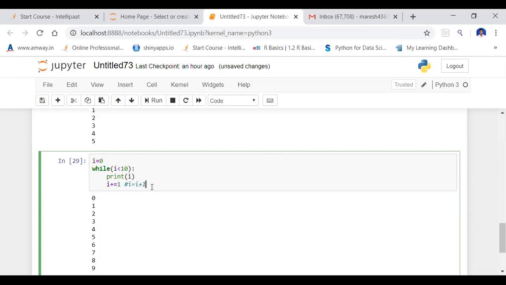Right, but in the assignment operator it is like A plus equal to 10, no? A plus equal to 10 means the present A value plus 10. There we assigned A is equal to 10, and 10 plus 10 we got 20. You may go through your Jupyter notebook, it is there already. So I plus equal to 1 means adding 1. I plus equal to 10 means adding 10.